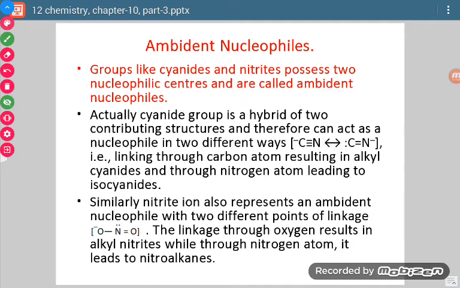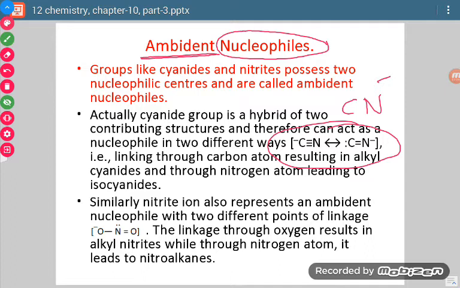Okay. Now one more thing which we have to learn is ambident nucleophiles. As we discussed earlier about nucleophiles, there is one more category of nucleophiles which are called ambident. Ambident means those nucleophiles have the capacity to combine through either of the two atoms which are present in the structure. If we talk about the cyanide ion, from its resonating structure we can write it like this. From this resonating structure, it is clear that if it is existing like this, then C will get attached, and if it is existing like this, then N will get attached.